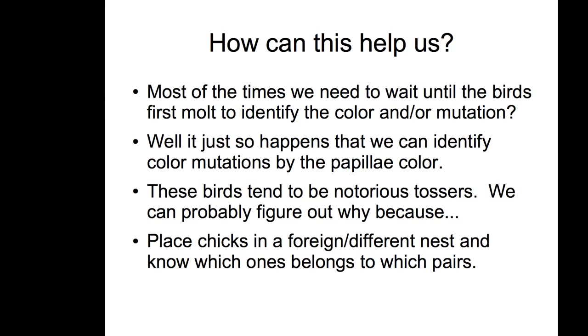The other thing we can use is nodule identification, or identification of the mutations in the nest. When you use fosters and you have one chick from nest A that's going to be a yellow body, if you can identify it by the nodules, you put it in the nest. There is no other way to mark it. Some people use magic markers, permanent markers, certain nails and stuff like that. But if you can tell what mutation it is going to be and you put it in the nest,